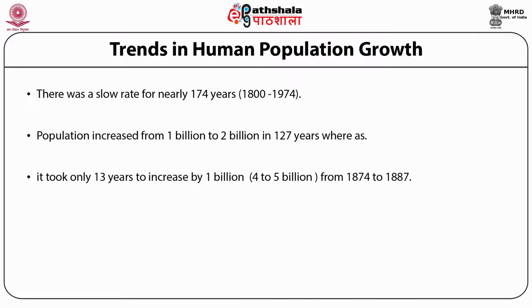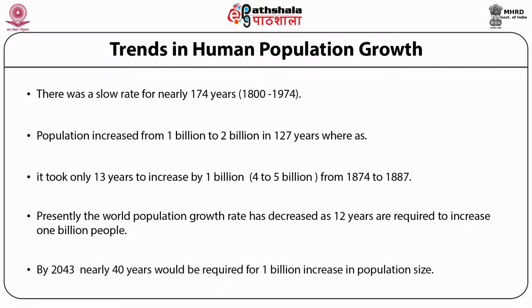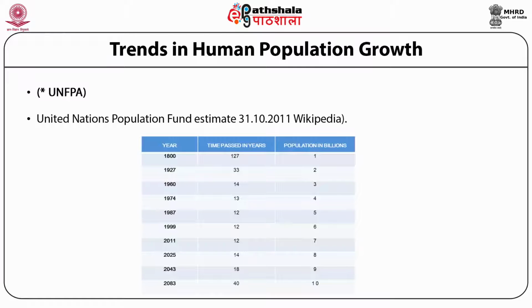1874 to 1887. Presently, the world population growth rate has decreased, as 12 years are required to increase the population by 1 billion, and it is assumed that by 2043 nearly 40 years would be required for a 1 billion increase in the population size. This table indicates a figure of the United Nations Population Fund estimate done in October 2011 for